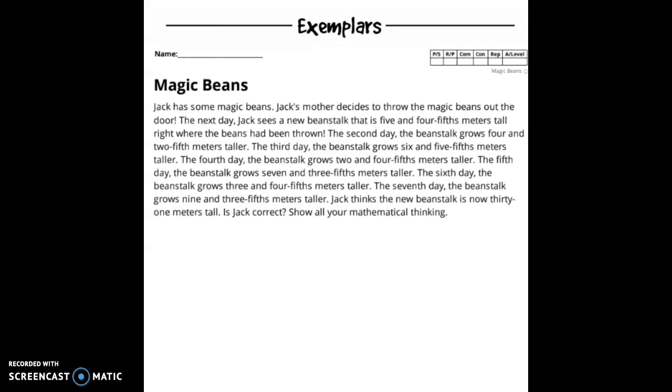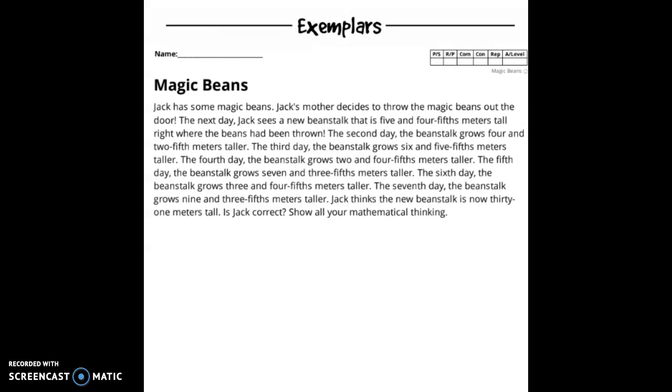So again, the story is the same, but please do go through your page carefully and maybe underline or highlight all of the different heights that have been changed and that are on your page to use to solve the problem. It says, Jack has some magic beans. Jack's mother decides to throw the magic beans out the door. The next day, Jack sees a new beanstalk that is 5 4/5 meters tall, right where the beans had been